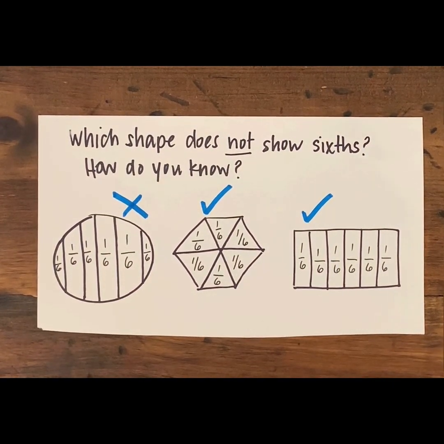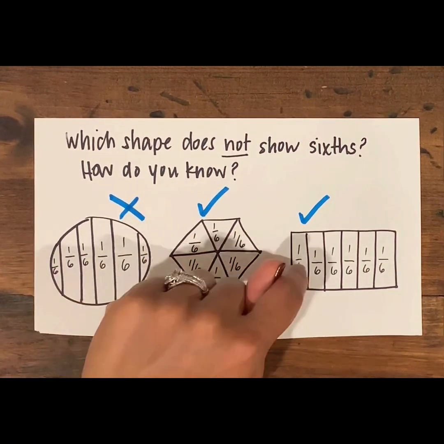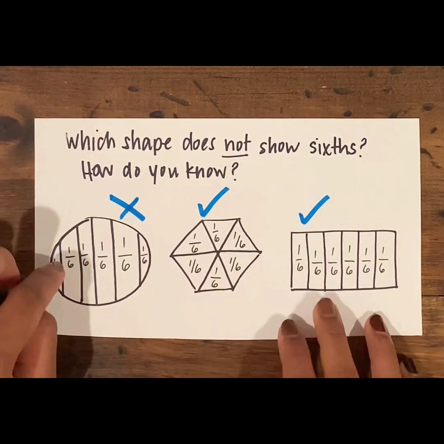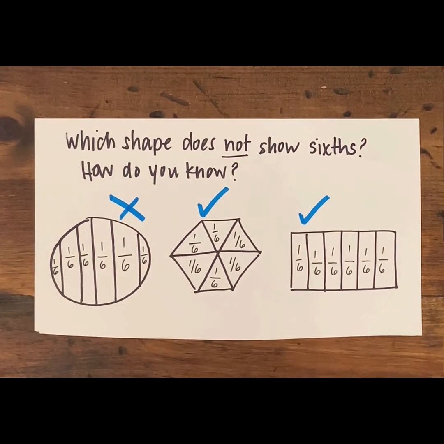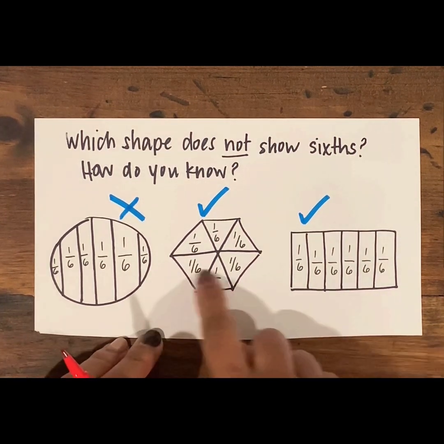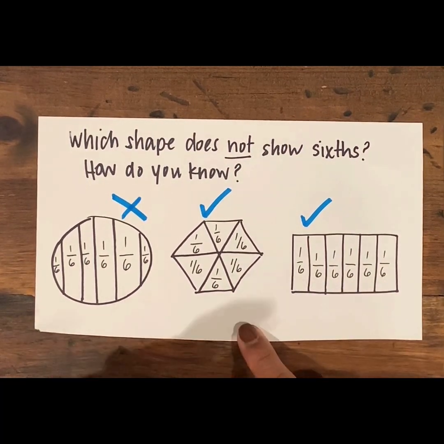How do you know? If I count up the total number of parts, I see that all of these shapes have 1, 2, 3, 4, 5, 6 total parts. Don't they all show 6? I heard you say that these two shapes show 6 because they have 6 total parts and all of the